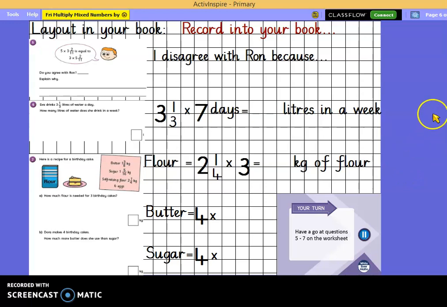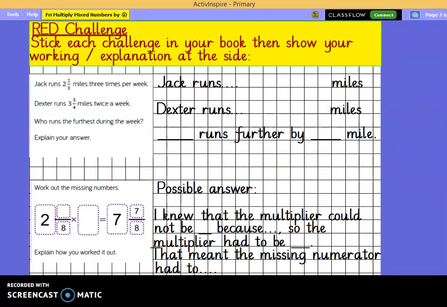Then for those of you in red group and those who like some extra challenge, here's your challenges. Here's the challenge, and here are the sentence starters to help you. Jack runs how many miles? For Jack's, you'll have to do 2 2/3, and he runs that 3 times. So you're going to do this number times 3 to find out how many miles he runs. For Dexter's, you're going to do 3 3/4 times 2, because that's what twice means. And then you're going to do the biggest answer subtract the smallest answer to find out who runs further